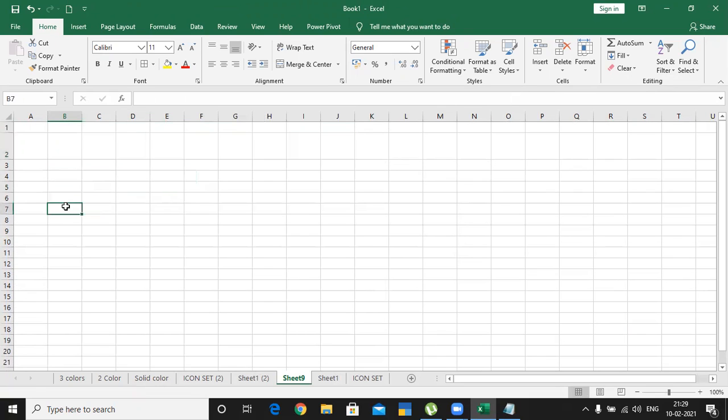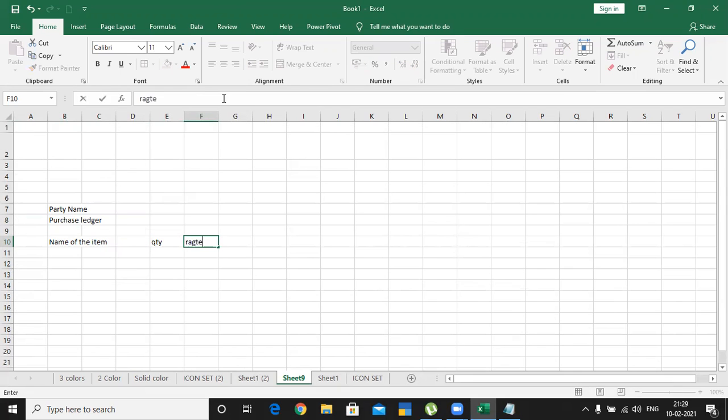For example, here I'll take party name, then purchase ledger. Here I'll take particulars or name of the item, and next on this side I'll take quantity, rate, then amount.